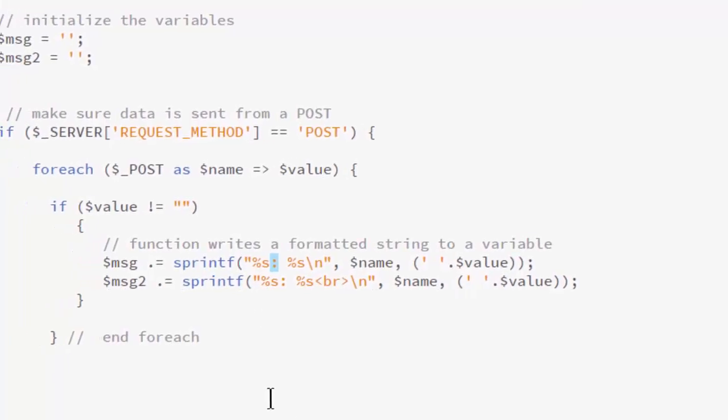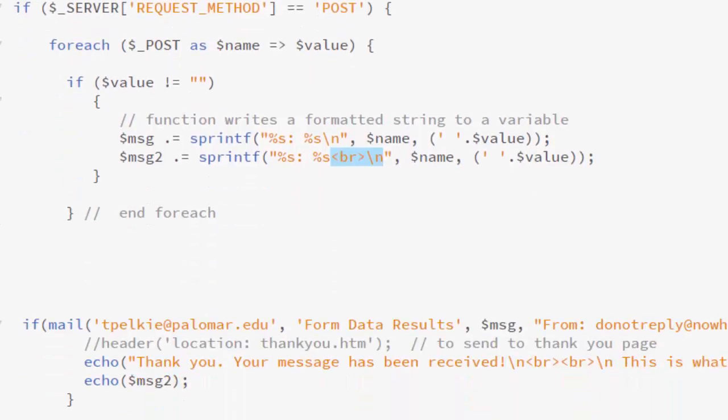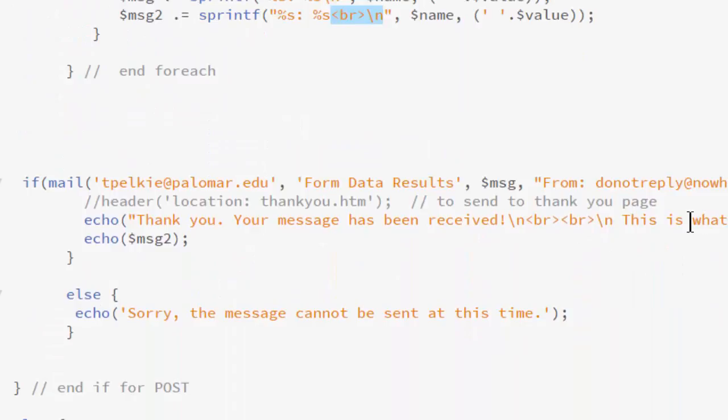Now the only difference between these two, the one for the email, because I'm not generating HTML email, which I could, I have my carriage return. The ones that I am generating HTML email, I have a break and then my carriage return, my \n, my escape character. Now, here is the mail